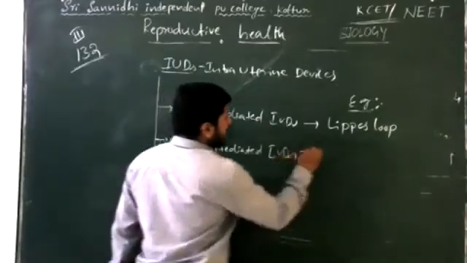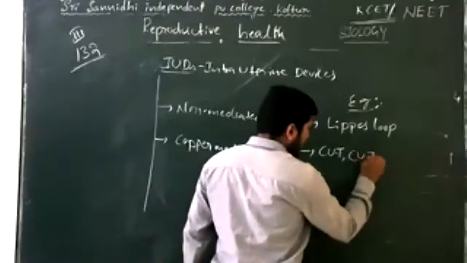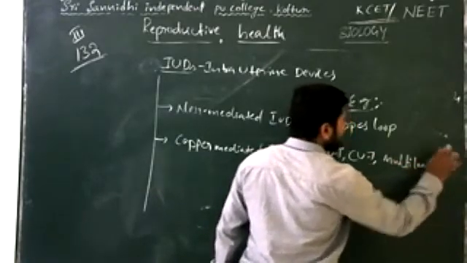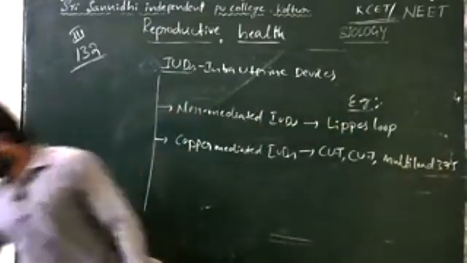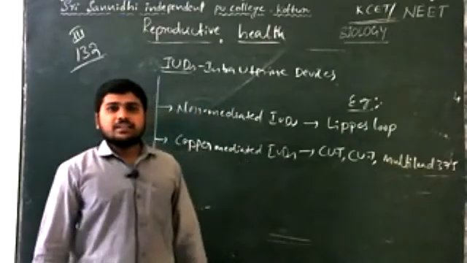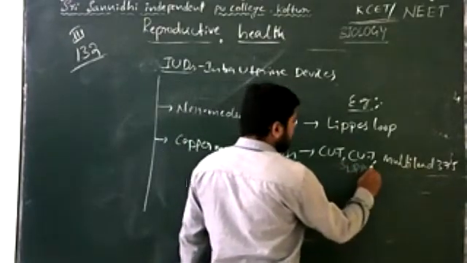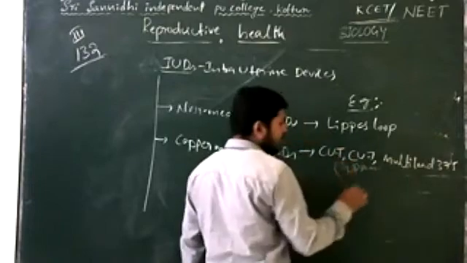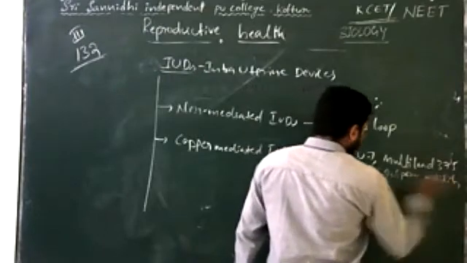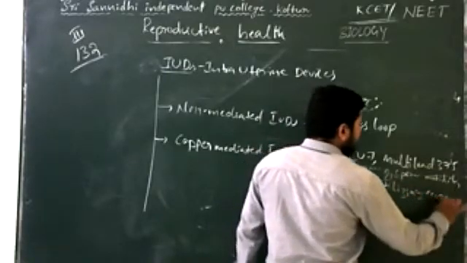intrauterine devices. For example, CuT, copper T, Cu7, copper 7, Multiload 375. These are copper releasing intrauterine devices where the release of copper ions can involve in the suppression of sperm motility. Remember, copper releasing intrauterine devices, what is the function here? Suppression of sperm motility and fertilizing capacity. Remember,